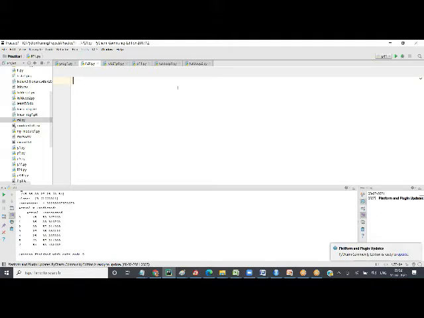So the first command that we're going to learn is called print. Python is a case sensitive language. It means smaller letter and capital letter are different. Almost all of the Python commands are in small letters. There are a few exceptions, we'll see as we go along. But everything is in small letters. So when I say print, it is in small letters.